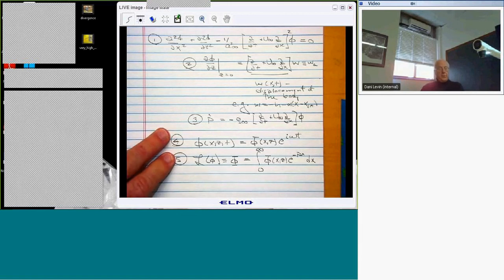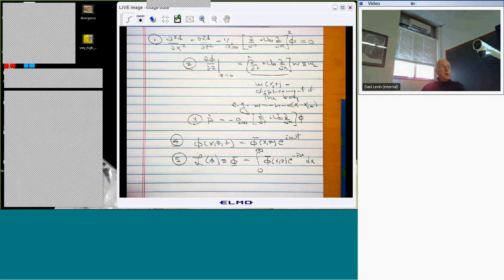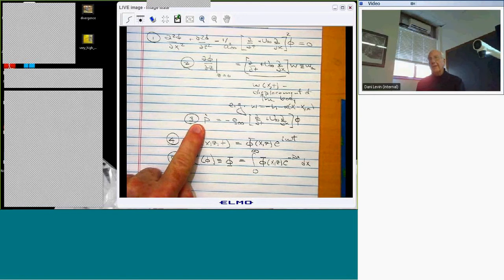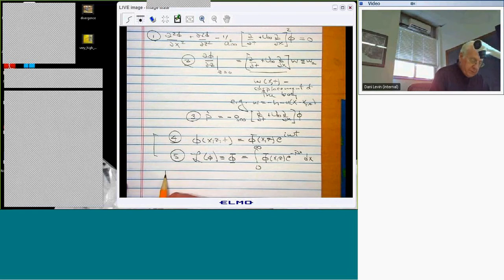By the time we do 4 and 5, we substitute that into these other equations. Equation 1 will become an ordinary difference equation in z only, right? Because time has been essentially replaced by the frequency omega, and we've taken a Laplace transform with respect to x, so now x has gone away, but the transform variable p, never to be confused with the pressure, right? Never, ever to be confused with the pressure, will appear. So if we use 4 and 5 in 1, for example,